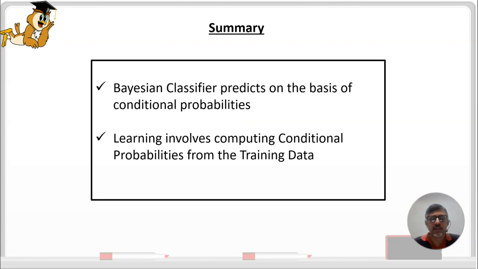Okay, summary. So very important, a Bayesian classifier predicts on the basis of conditional probabilities. We learned what conditional probabilities are, and we learned how a Bayesian classifier works. And for a Bayesian classifier, the AI model learning involves computing the conditional probabilities from the training data. So the training data plays a role there. It helps the AI model compute the conditional probabilities on the basis of which the Bayesian